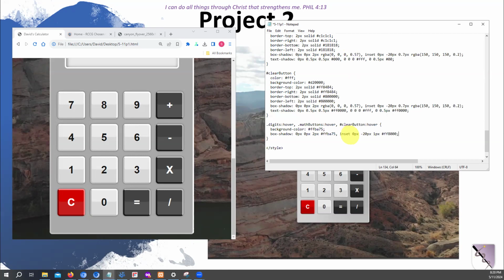Let's just see what that looks like so far. Okay, very good. So it's turning it orange. We don't want it to turn orange, let me think. Hmm. Okay, anyway, let's continue. Let's change